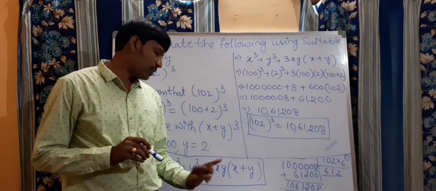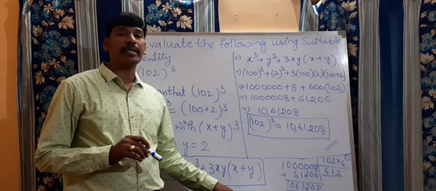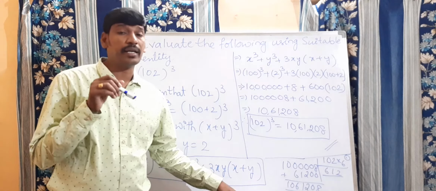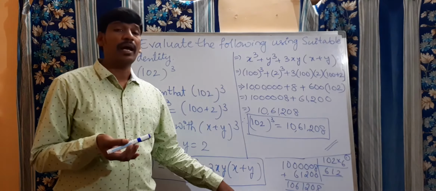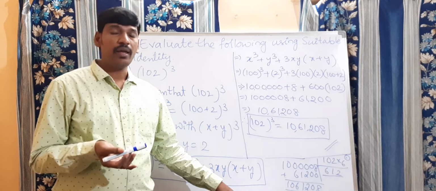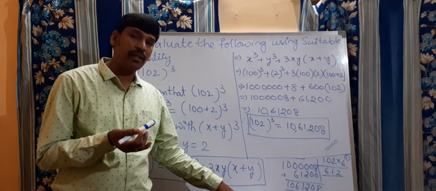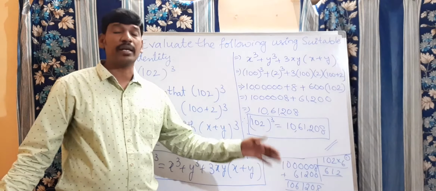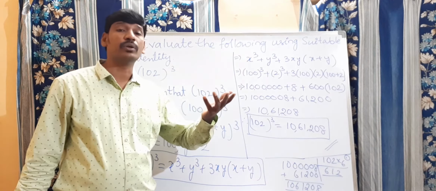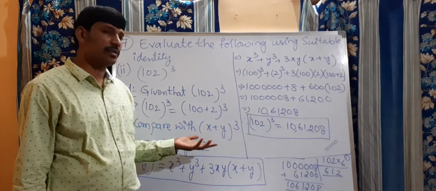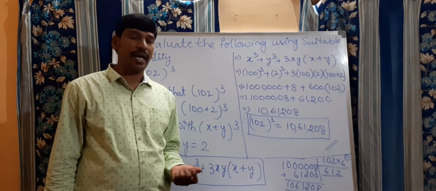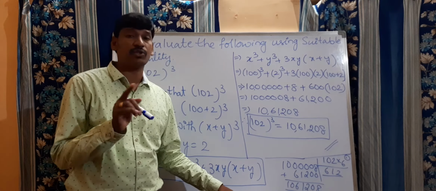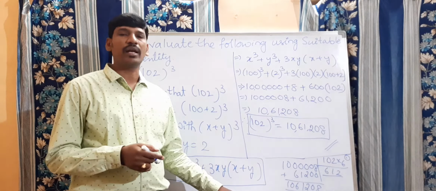Here there are two more questions. See, first bit is 99 whole cube. 99 can be written as 90 plus 9 and as well as 100 minus 1 also. If you write 90 plus 9, you will get a big process again: 90 cube, 9 cube. It is a time-taking process. So instead of writing 90 plus 9, please write 100 minus 1. Very easy, you will get the solution.